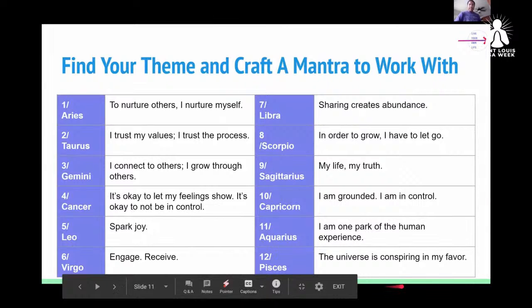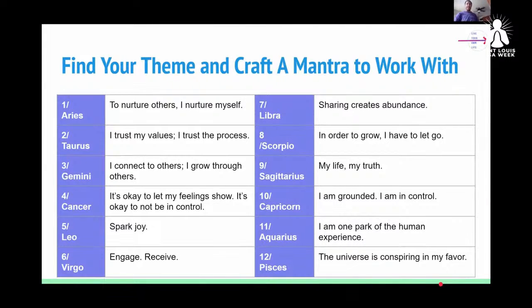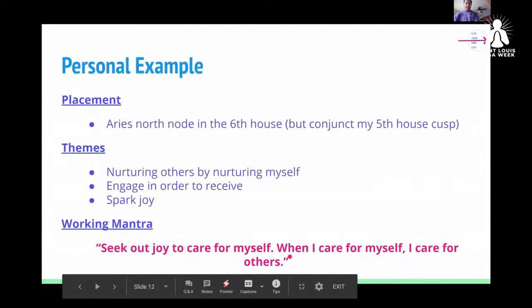So here's the table again, and I'm just going to pause here for a second to give you a chance to look over it. What I would recommend here is if you've got a notebook, maybe take a minute or two just to work with that idea and theme. If you're just using the sign that your house is in, then you can just work with one. If you also know what house your North Node is in, then you might find that you're combining them a little bit. And I think I have an example, actually.